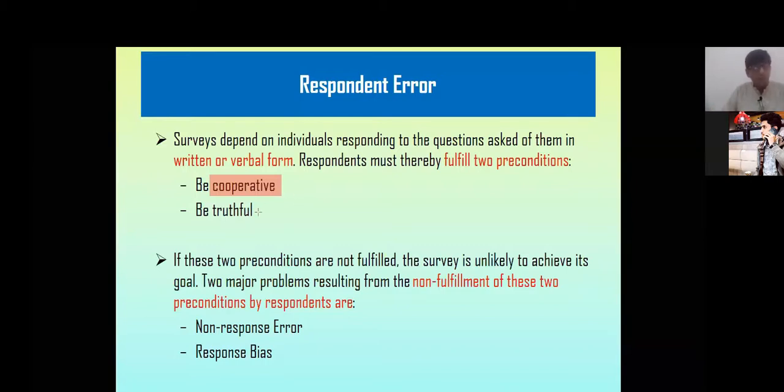And another important thing is that truthfulness is always very important. That means that when you give your response, you should be truthful. Whatever you're telling, whatever information you're sharing with the interviewer or with the surveyor, your information should be true. It should be the truth only. Okay. And again, sometimes in longitudinal research,